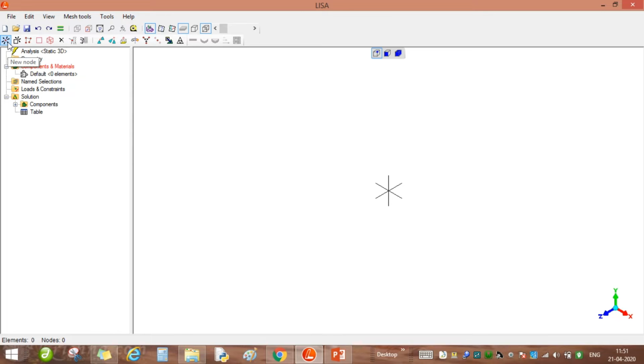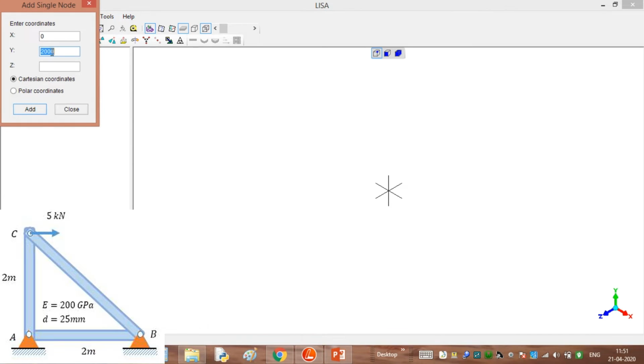So let us start with the creation of node. Node number 1, let it be 0 0. Node number 2, that is horizontally, so it will be 2000 mm away, and node number 3 is vertically 2000 mm away.